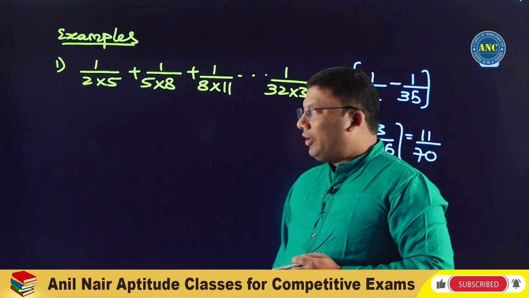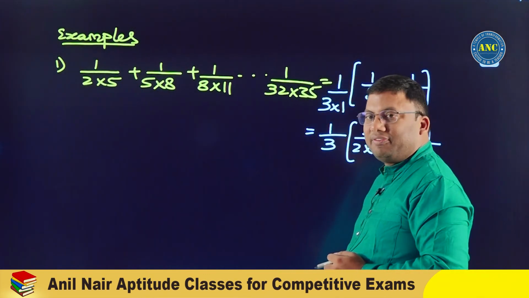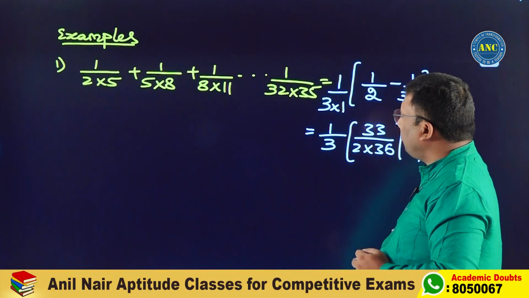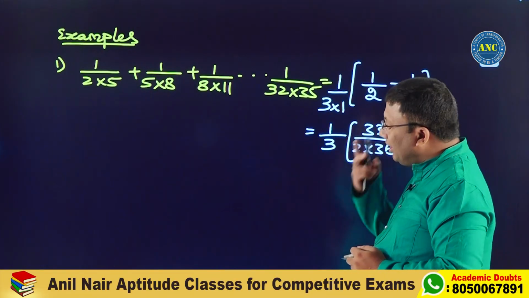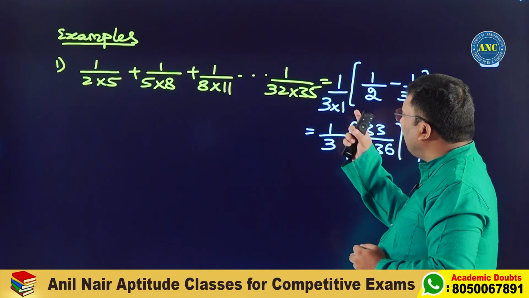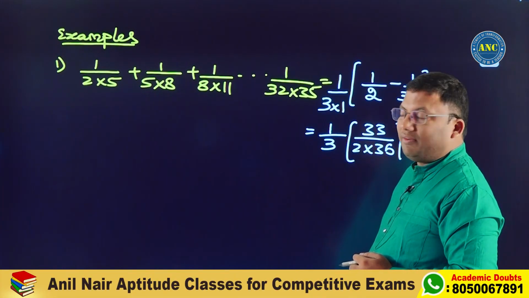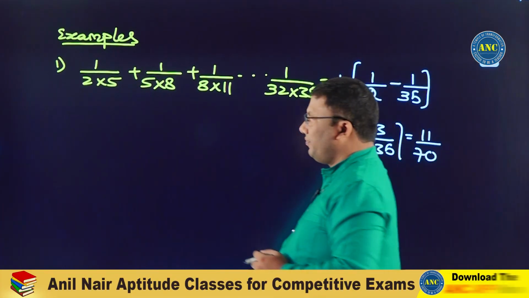Idea clear? 1 by 2 into 5, 1 by 5 into 8 and so on up to 1 by 32 into 35. Difference between 2 numerical values is 3. 2 numerical values became 1. Second,